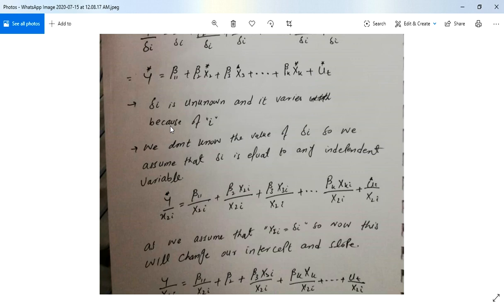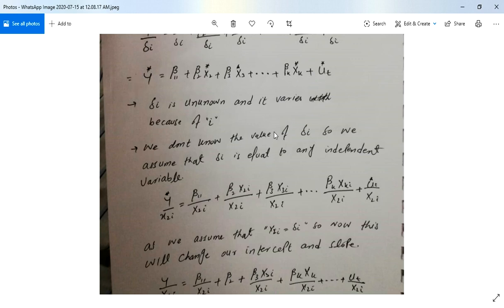So what we have to do in this case, we assume that sigma i is equal to any independent variable. Okay, as we have many independent variables in this case. So what we are going to do, we will divide all our variables with any one independent variable.